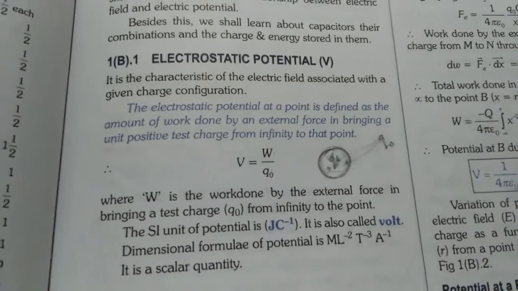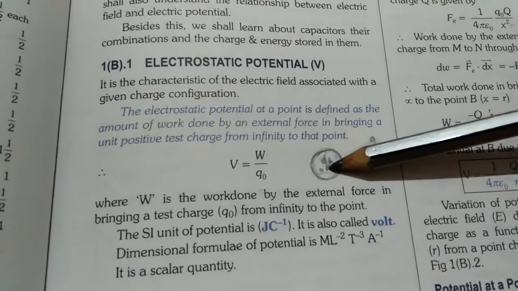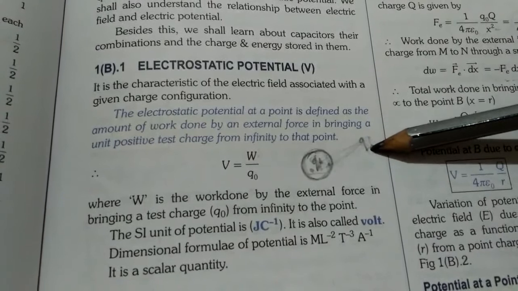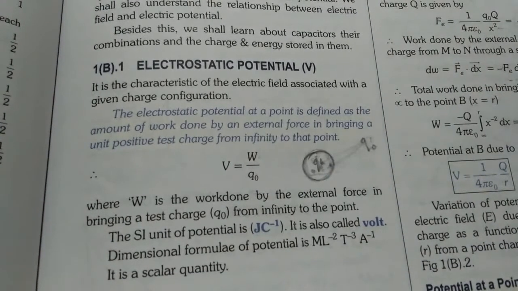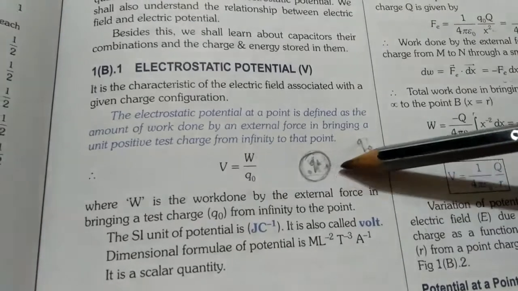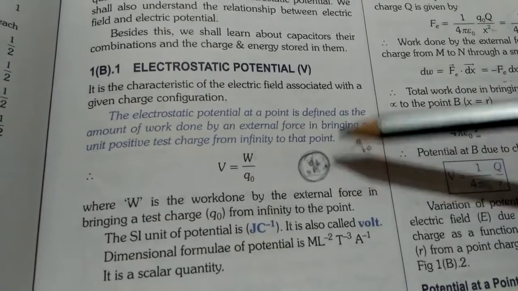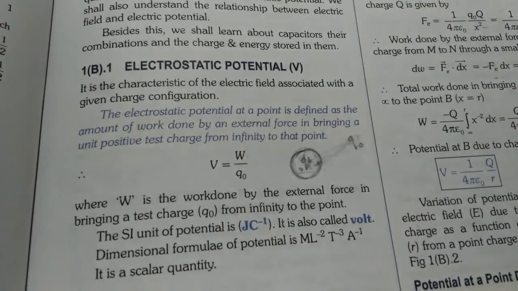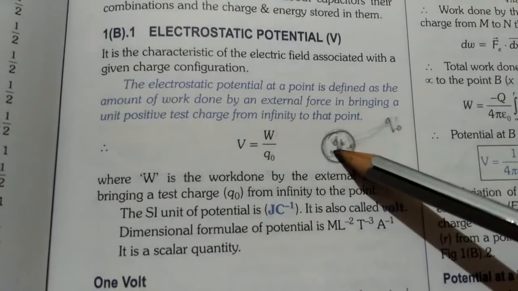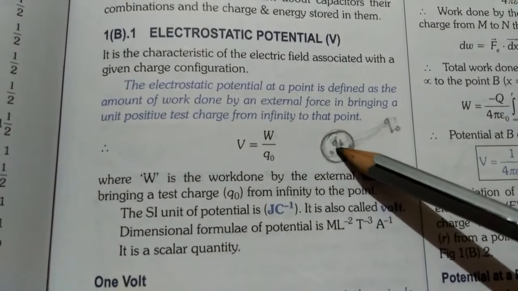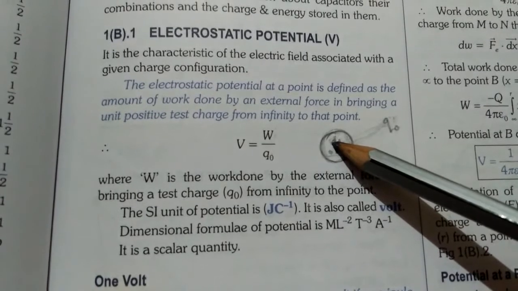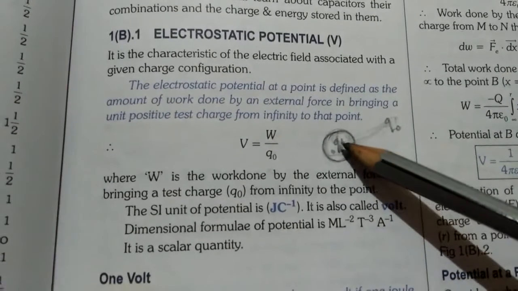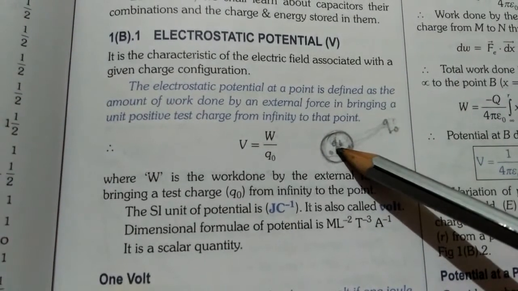The charged particle which is applying force is called the source charge. And suppose one test charge, which we denote as q naught, is placed outside this electric field. Now we have to move this test charge inside the electric field. Here you can see that this source charge can only apply force inside this circle of influence, that is the electric field, and outside this it cannot apply any force.